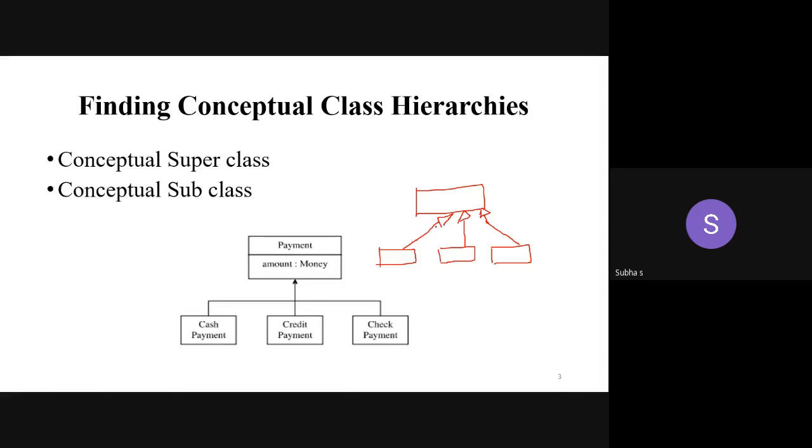But this is called as what? Separate triangle arrow mark. This one is called as shared triangle arrow mark. Shared target. This one is separate target. You might have questions from this, but you have to know this concept also. So this superclass and subclass can be denoted in any of these 2 ways. This one is called as what? Shared target, because the single line is shared to 3 classes. But in this representation, I have given 3 separate lines from the 3 separate subclasses. So this is called as separate target. This one is called as shared target.